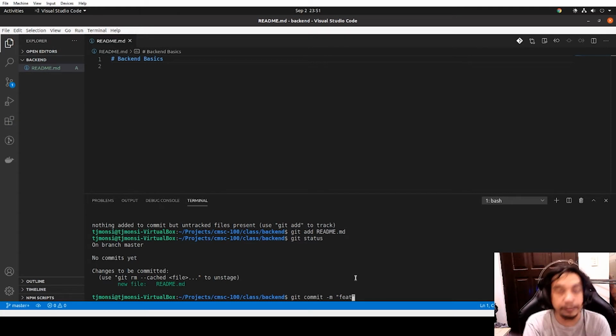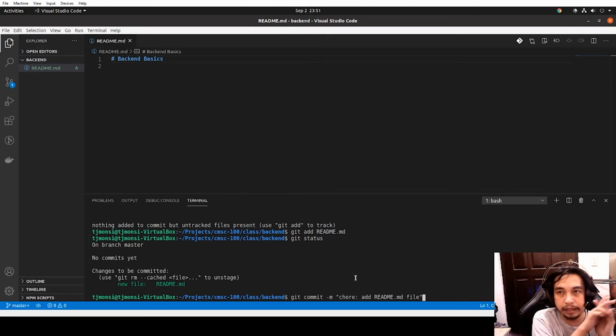If I'm creating docs, then docs. And if it's just a particular chore, I use chore. So here I'll write chore: add readme.md file. This is my usual structure, and I would say that it's best to follow this structure